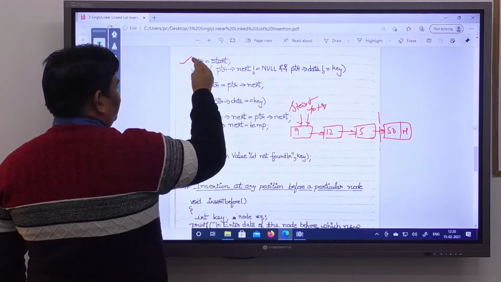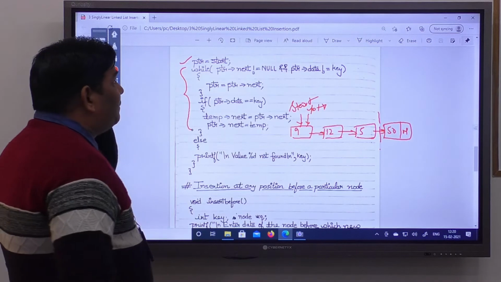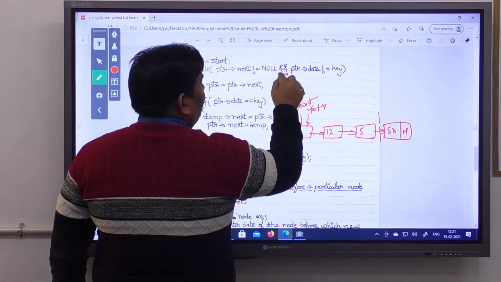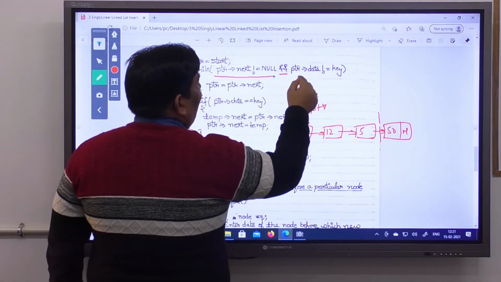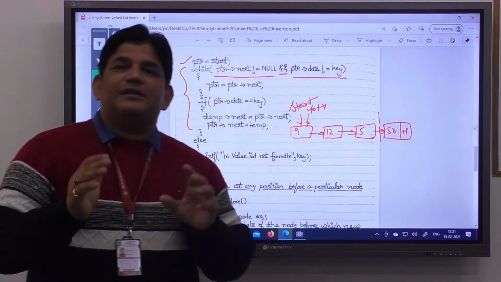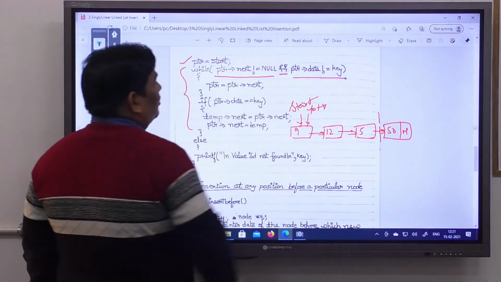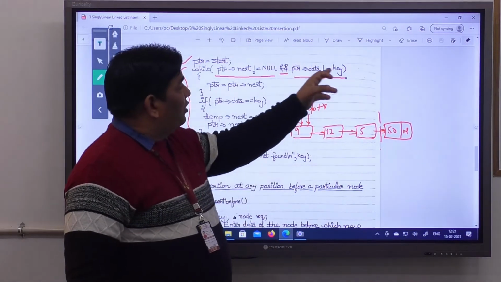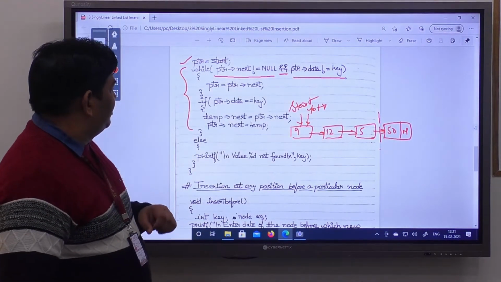And then we start this while loop, and this while loop condition is the most important. While PTR next is not equal to null, and the most important is the logical AND condition here, because we have combined two conditions: PTR next is not equal to null and PTR data is not equal to key. This while loop condition implies two conditions. The first condition is while PTR next is not equal to null, that means you reach the last node, or in between you get the data somewhere among the nodes here. So in both cases you have to check it.